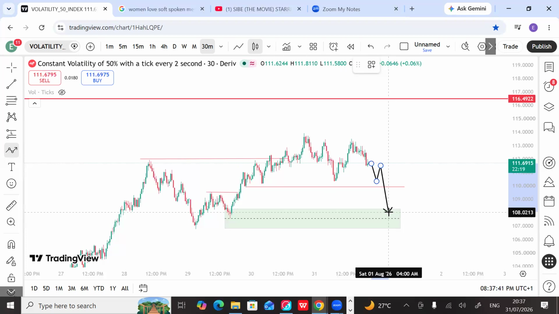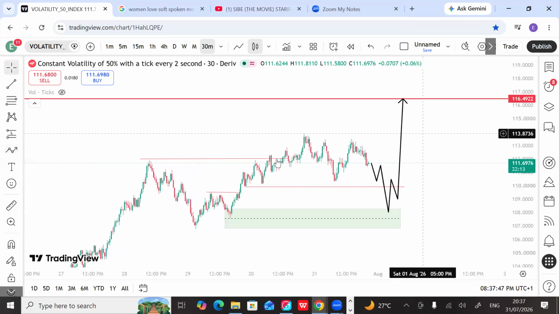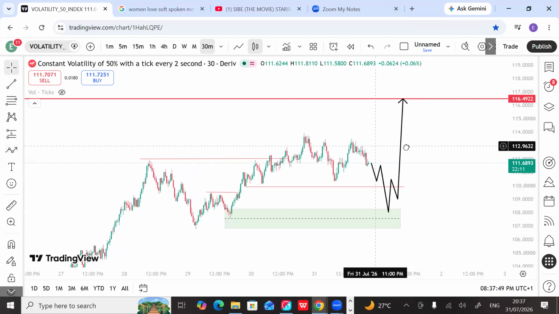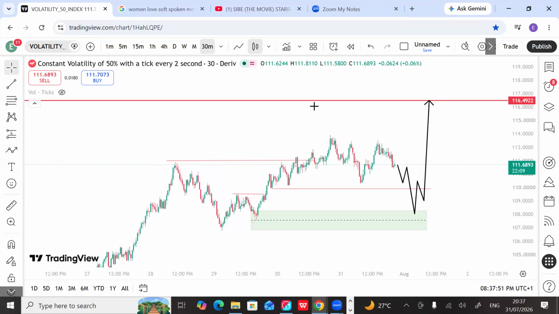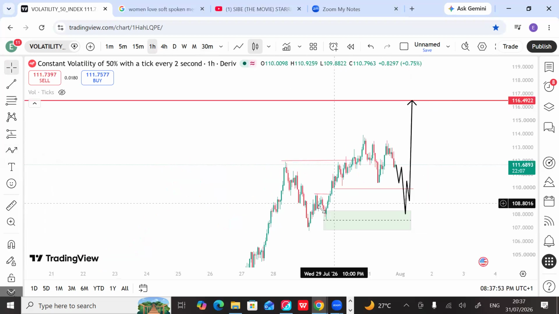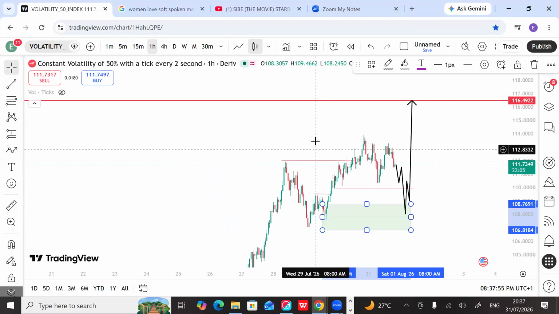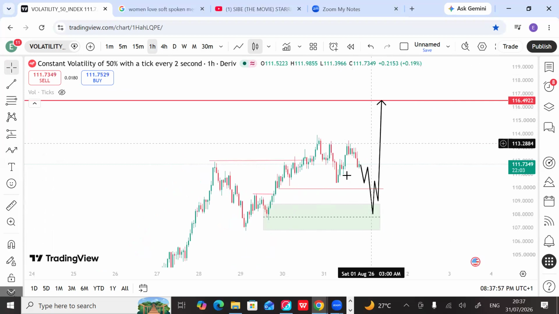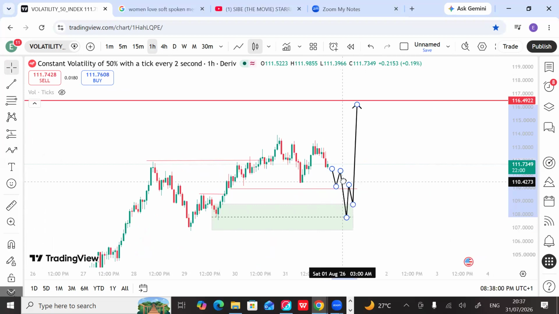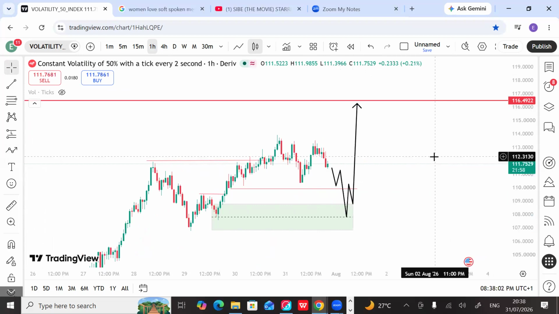Maybe come back here, and then move up again. So pay very detailed attention to this setup. So this is what I'm expecting price to eventually do, right? Amazing stuff. So this is for Volatility 50,